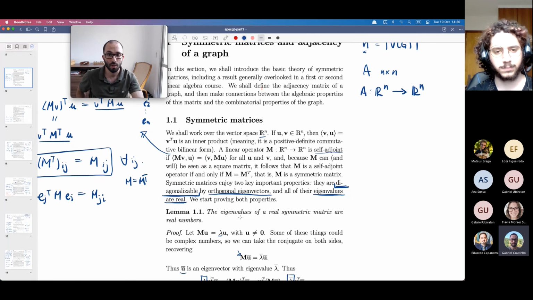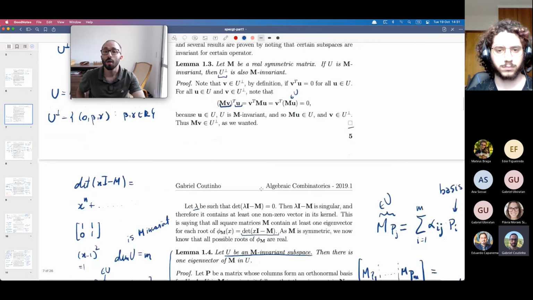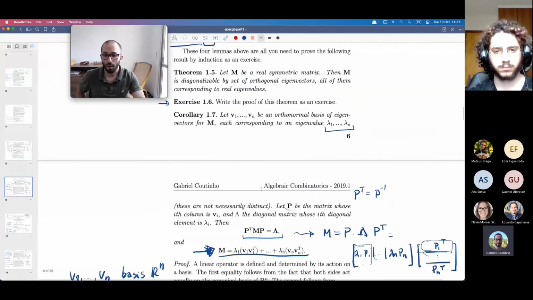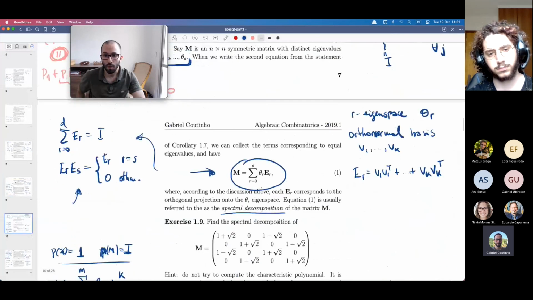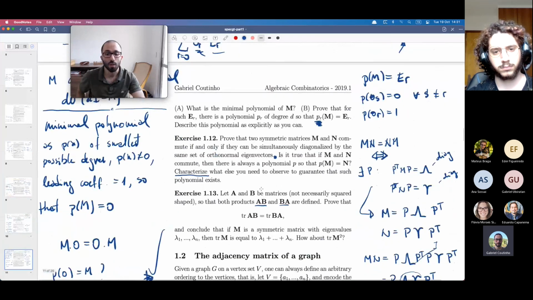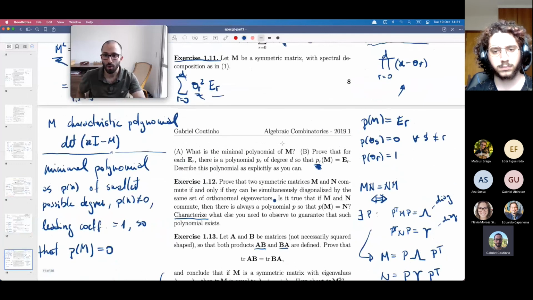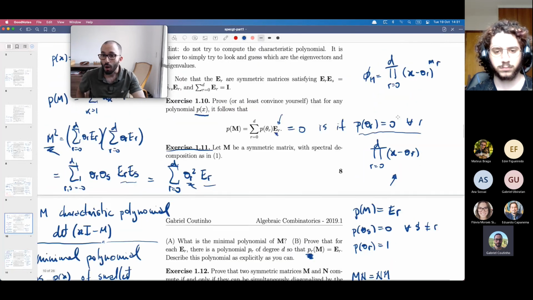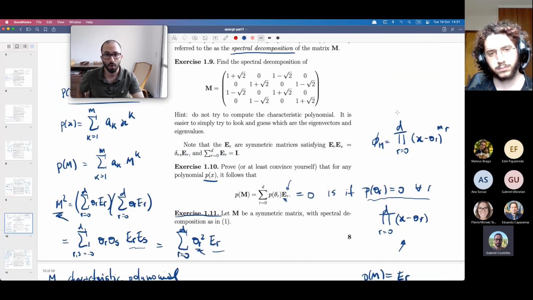So this is the beginning of the course. It's very important that these concepts are well understood by every one of you: eigenvalues, eigenvectors, orthogonality of eigenvectors, spectral decomposition, invariant subspaces, commuting matrices, the connection between trace and dimension that I just showed you, minimal polynomial, and how to write the eigenprojectors as polynomials in the symmetric matrix. All of these things will appear recurrently across the course, okay?